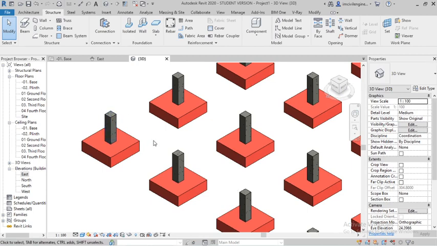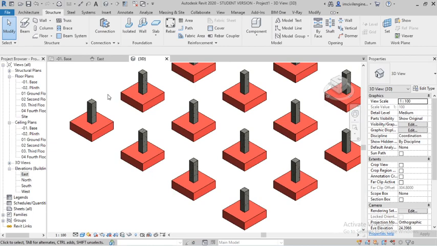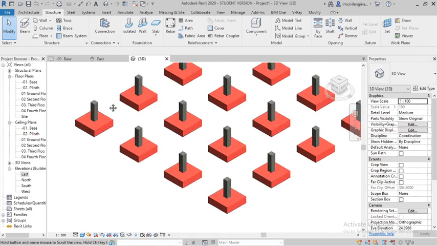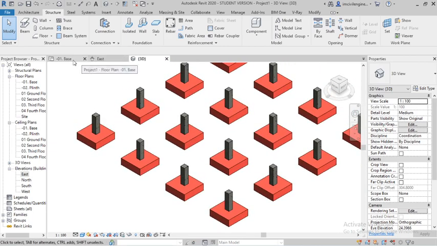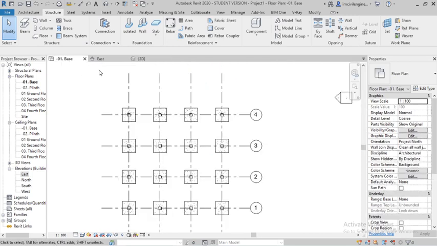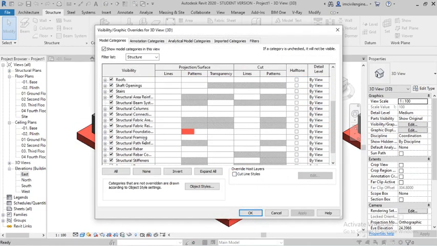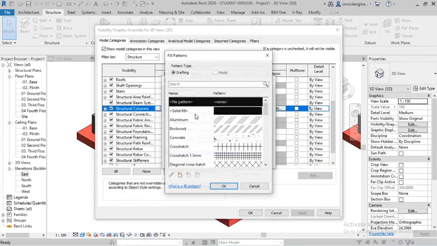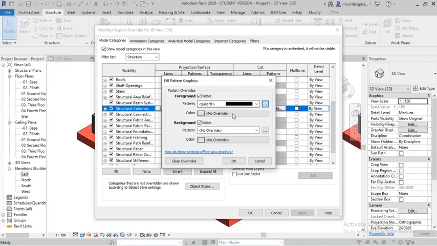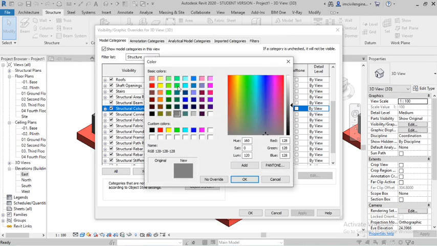Now I will draw the plinth beam here. Before that, you can go to 3D, visibility graphics, column. Okay, make the color solid fill. The color is also good.